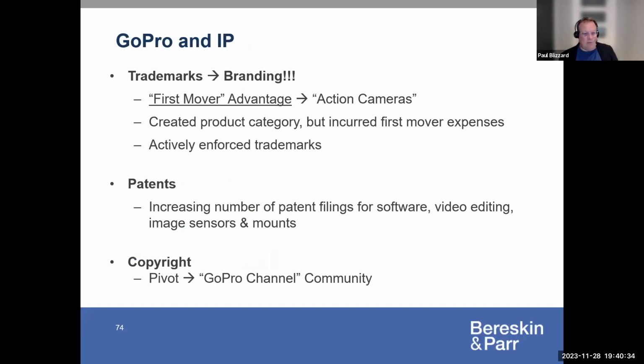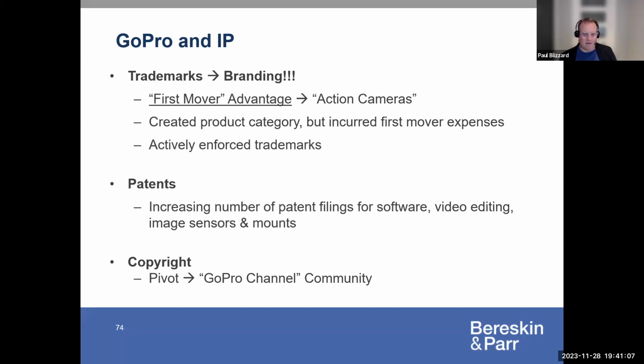And what GoPro had really was a big first mover advantage, and that is that they had the action camera and they had really strong trademark rights for the GoPro name. It's a very, very strong and well-known trademark. And they really created a category for themselves. So anyways, a lot of their early IP work was enforcing trademarks. Later on, they increased the number of patents